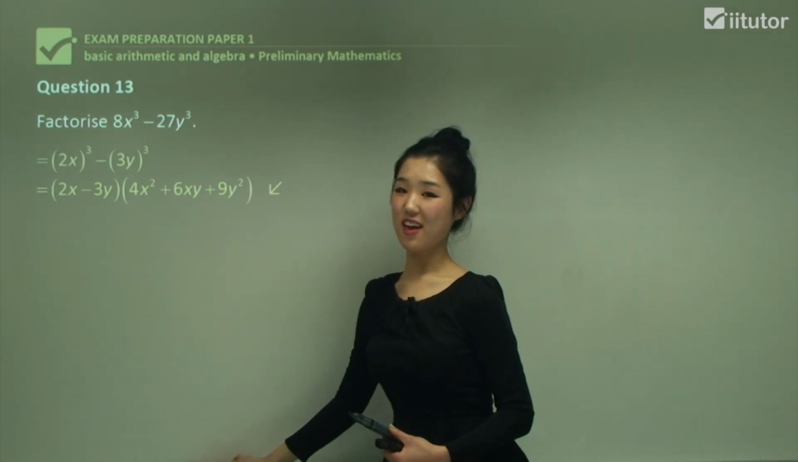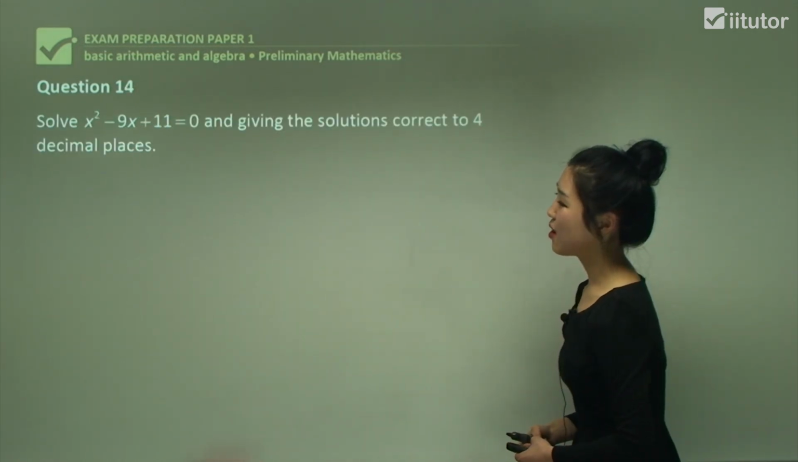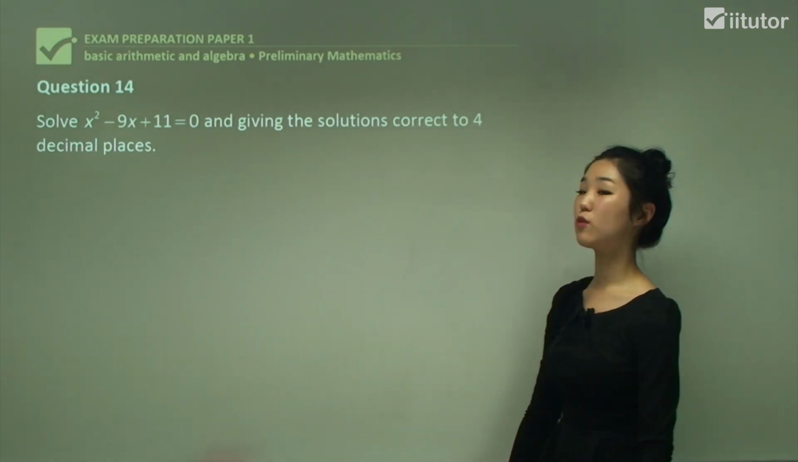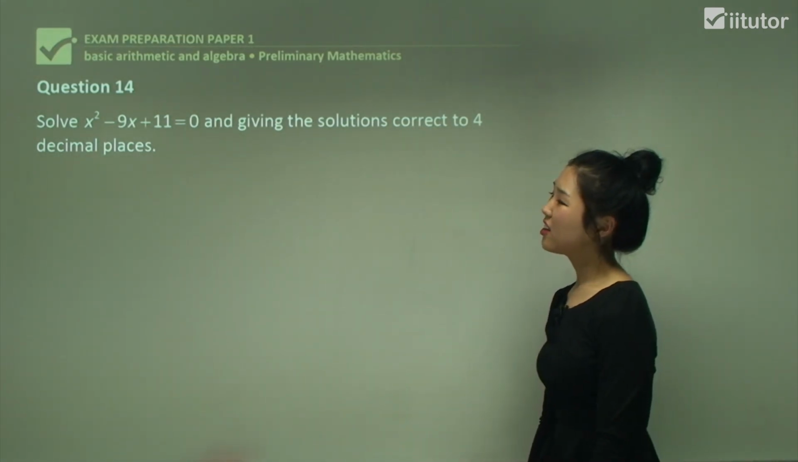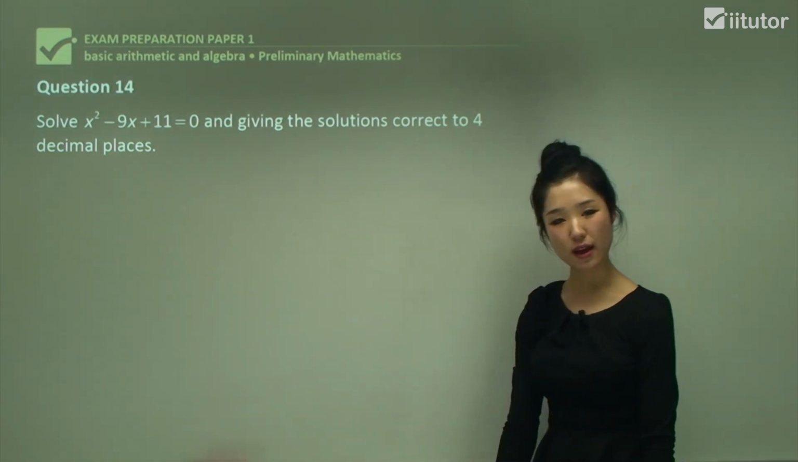Okay, so that was question 13. Question 14. It says solve x squared minus 9x plus 11 equals 0, giving the solutions correct to 4 decimal places. Okay, now it's telling us to correct it to 4 decimal places, so I'm assuming that